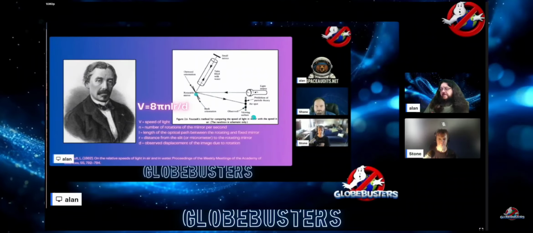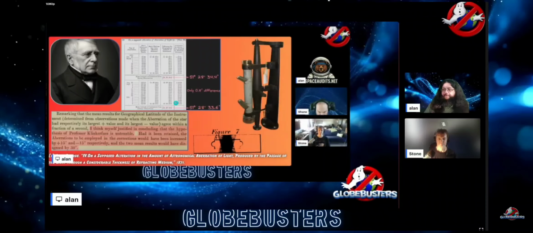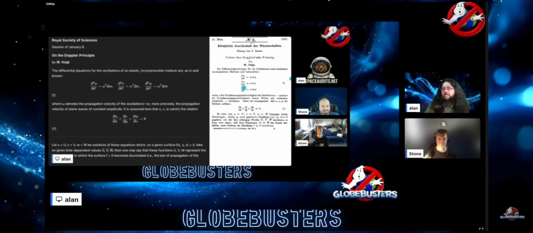And they knew about all this experimental evidence in relation to angles of light and motion, because in 1862, Foucault did experiments doing the same thing, showing the angular change with a rotating mirror when adding water. The velocity of the rotating mirror dictates the amount of angle that is produced when that's different from when the mirror is stationary. And then, of course, deriving the speed of light under physical vacuum constants. So the inverse of the square root of mu times epsilon, which is the magnetic and electric vacuum constants, gives the velocity component of light. And then Airy's failure, measuring no angle change for the velocity of Earth going through everything.